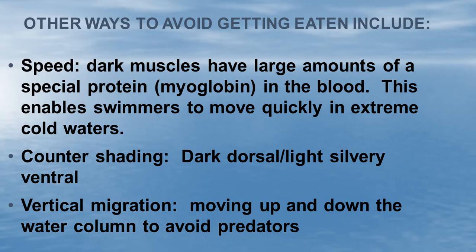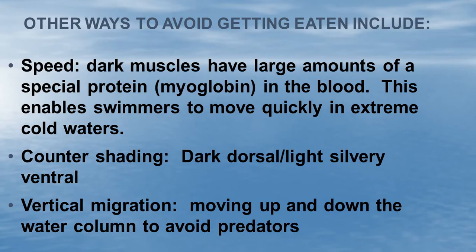Counter shading is probably the most important in the marine world because almost every creature exhibits this characteristic. Most fish, our shark had this. I'll show you a picture of that here in just a minute. What it basically means is on the top side, they're dark, so that if there is a predator above them looking down, they will blend in with the color of the ocean. Whereas on their belly side, on their ventral side, it's light and silvery. So if there's a predator beneath them looking up, it will actually blend in with the brightness of the sky. So counter shading is incredibly important.